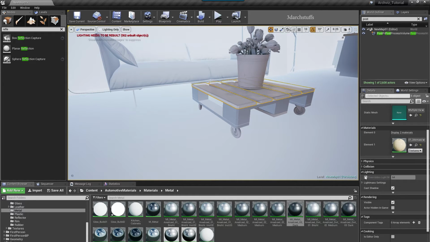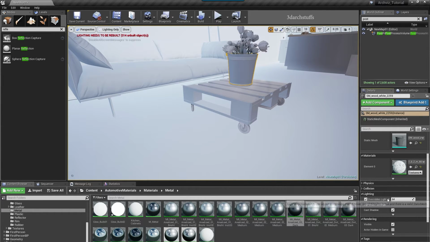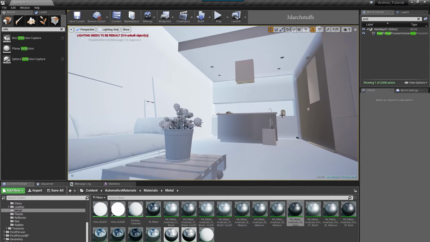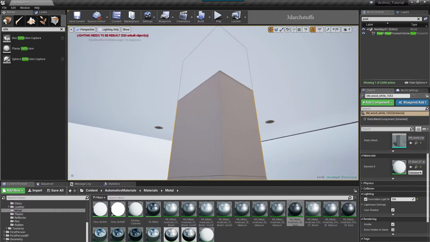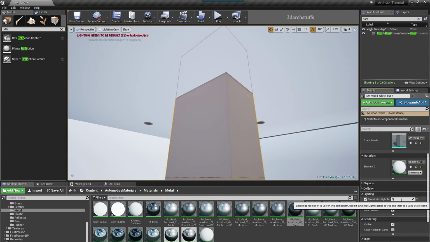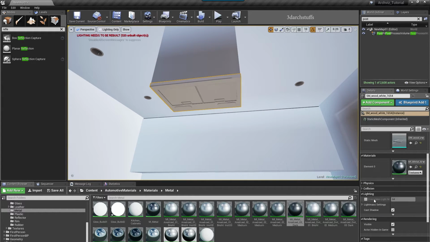As you can see, I am increasing the resolution as required. I will increase to 256, I think it's already 256, and I think we can make it 512,